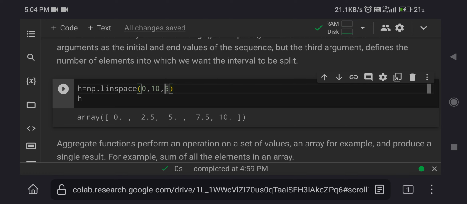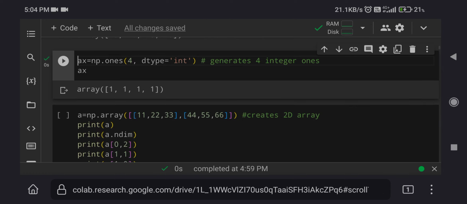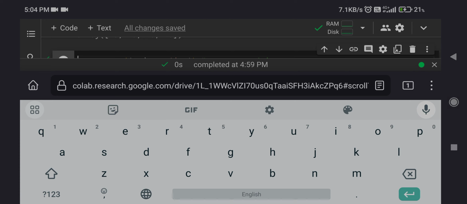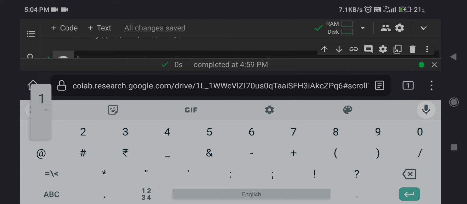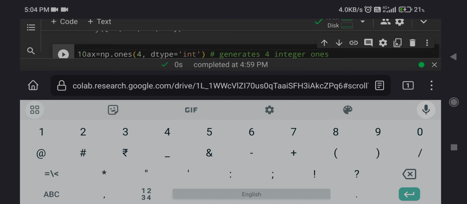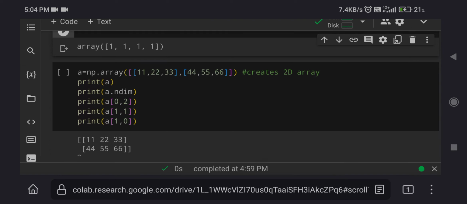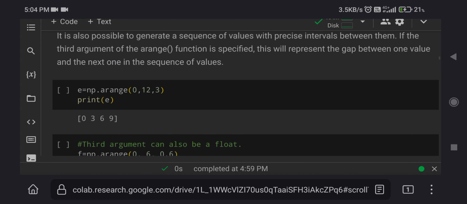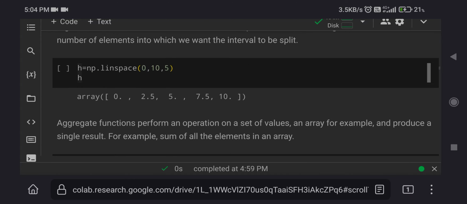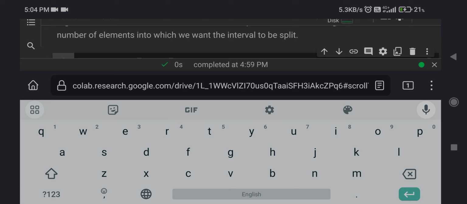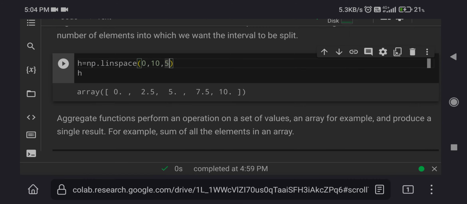But suppose I want to split it into 10 values, then it will create values 0, 1, 2, 3, 4, 5, 6, 7, 8 and 9.